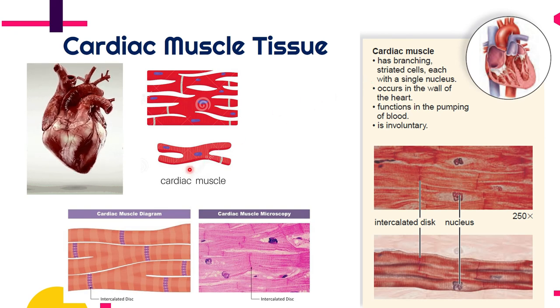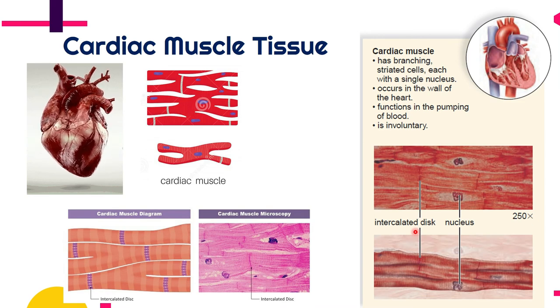And each cell, so this is one cell of a cardiac muscle, is made up of a single nucleus. The illustration may be a bit wrong because it shows two nuclei, but each cardiac muscle cell has only one nucleus. Then since the cardiac muscle cells are branching, the boundary of each cell is this white line or white band. We call that the intercalated disc. That will serve as a boundary for each cardiac